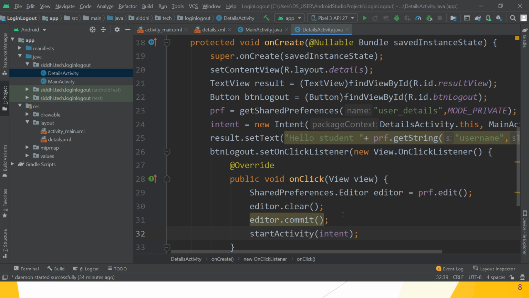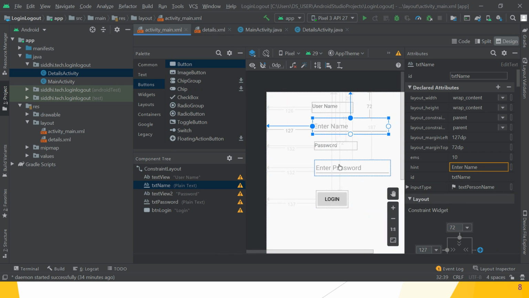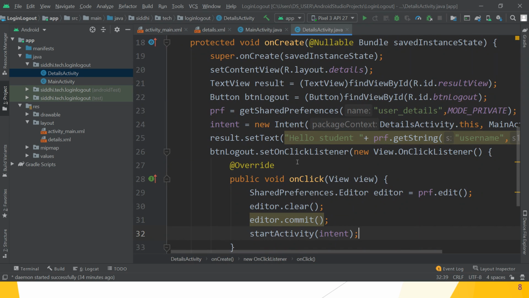That means when you click on the logout button, all the shared preferences stored in the user details shared preference file are cleared, and the window switches from the details to the main XML, that is the main login window. Guys, hope you understand all this code.